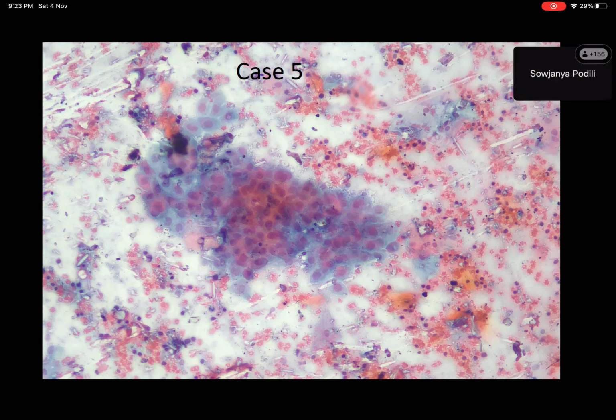Right. Okay. Do you think they are malignant? Is it in clusters or single? The cells arranged in clusters show nucleomegaly, but we cannot comment on malignancy. Right, Saujanya. See, there is a cluster in the center and there are some single cells. And we have been given the clinical details. What's the age of the patient? It's a 58-year-old female.